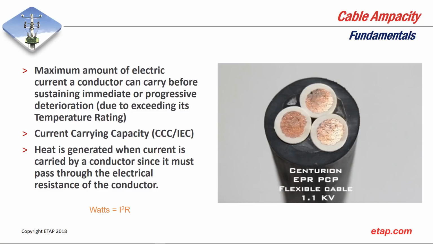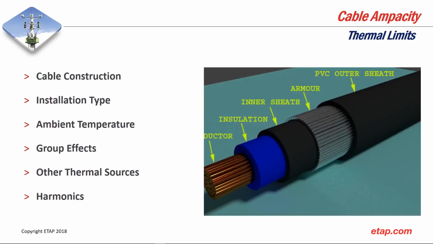The heat is generated when current is carried through a conductor. So it must pass through the electrical resistance of the conductor, which in this case is copper. And there is a brief calculation there of watts, which is I squared times the resistance, or R. And some of the thermal limits on a cable